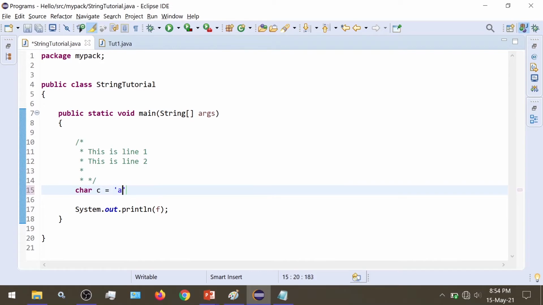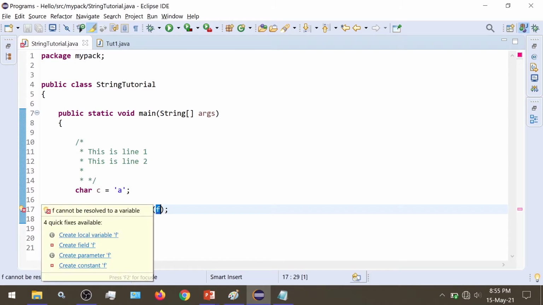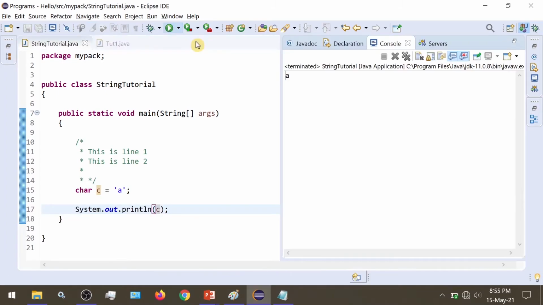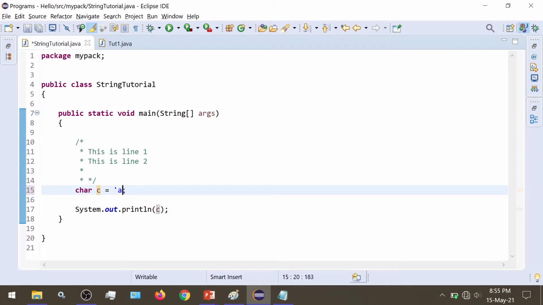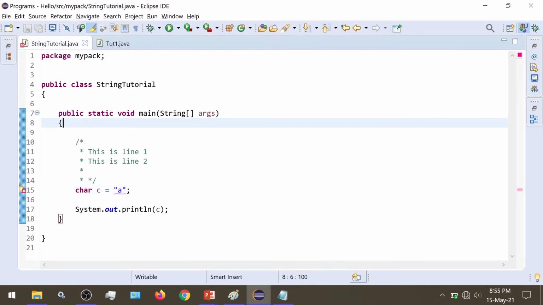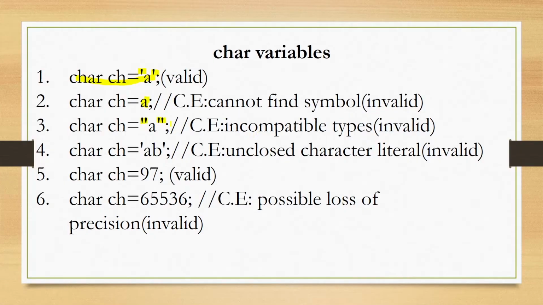If I just assign it in single quotes and try to run this, it runs perfectly and we get a as our output. Now if I try to assign the value in double quotes, then we get an error. So this one is wrong, we would get a compile time error.